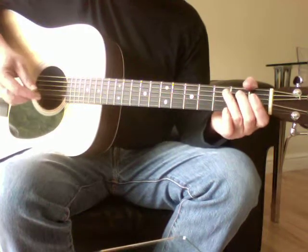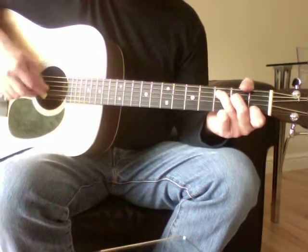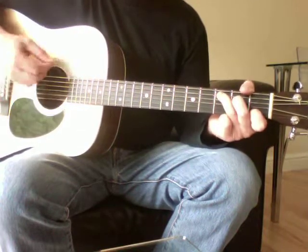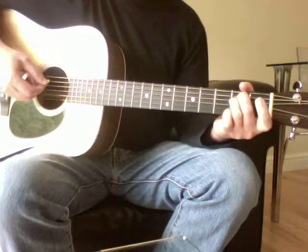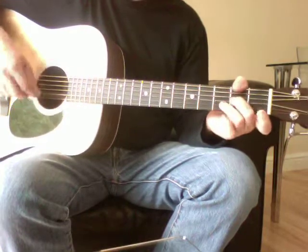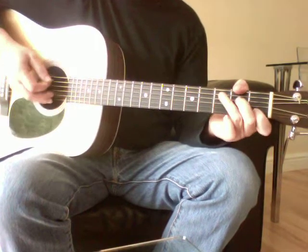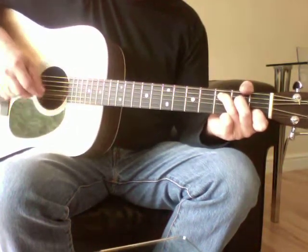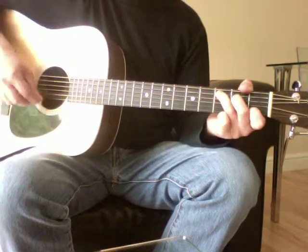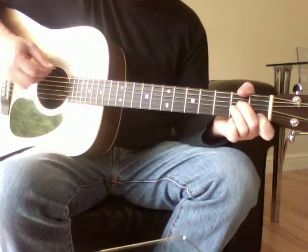A couple of different verse progressions in this song. The first verse progression is, which is C, to E minor, C, to an E minor, then A minor,